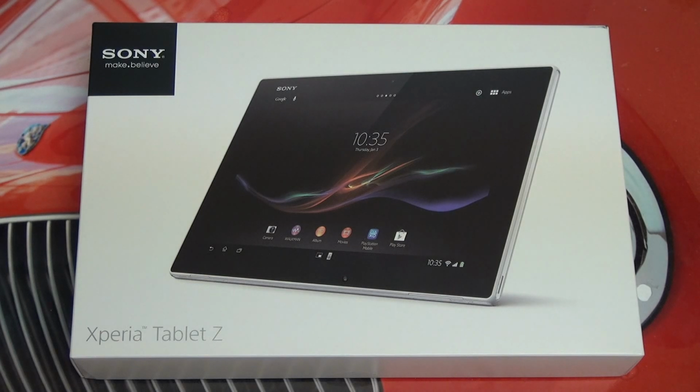US. With that said, as far as specifications, before I actually unbox it, I just want to give you guys a little bit of background. It pretty much is in line with just about every other high-end tablet, and it should be because of its price point, but it does bring some new and interesting features to the marketplace that we literally see from no other manufacturer. So starting off with the processor, we're looking at a Snapdragon quad-core S4 chip, which is certainly a